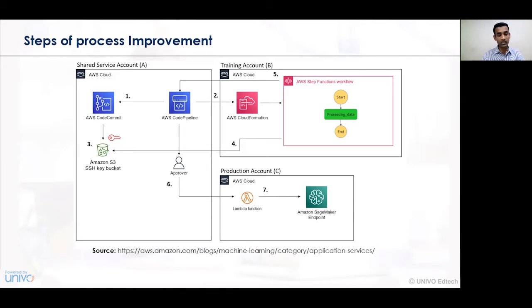And here we can observe that every account or every department is interconnected with each other. The first activity is AWS CodeCommit. So accordingly, a certain code is generated, a particular order is created, and that order, a code commit, is created on the cloud platform of Amazon. When this cloud platform has been created, the information is provided to the AWS CodePipeline.